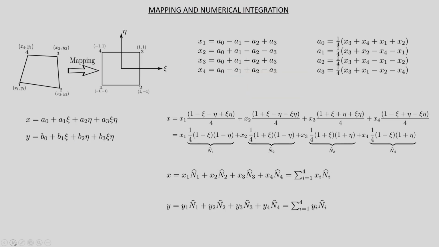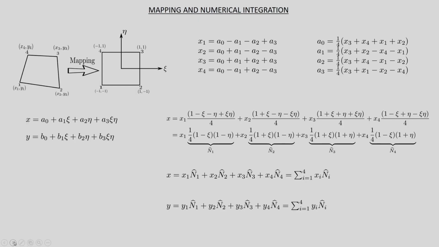Now, once we construct the shape functions in the quadrilateral element, let us go and see how we can map a physical element to the corresponding master element in case of quadrilateral element, where we have basically defined the shape functions, and then carry out the integration numerically to calculate the stiffness entries and the force entries. So, this we have already shown in case of triangular elements.